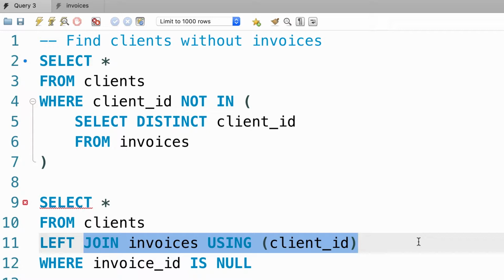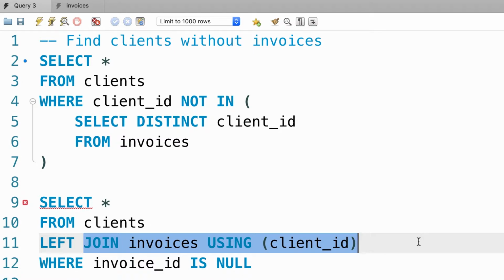So which approach should you use? Well, that depends on a couple of things. One is performance and the other is readability. Later in the course, we talk about execution plans, so you will learn how to write a query that gets executed faster. But assuming that both these queries have the same execution time, you should go for the query that